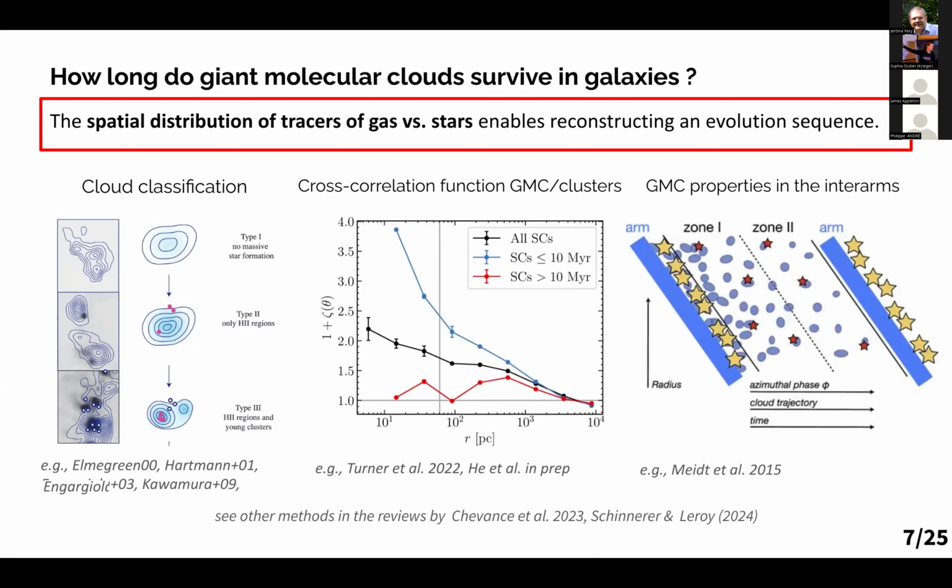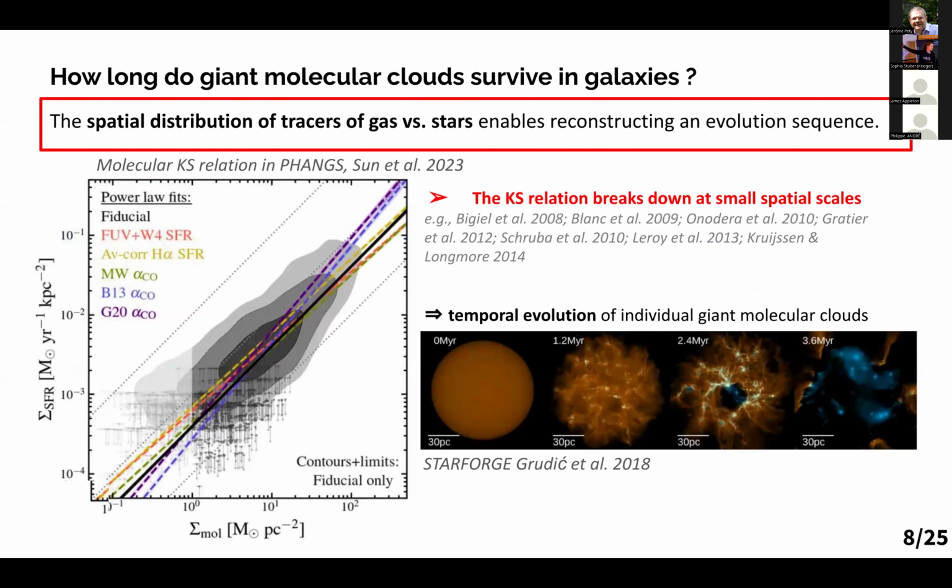And in another method, I've also used the dynamics of galaxies. If you know precisely the gas flow in between spiral arms, you can track molecular clouds that are formed in the spiral arms and survive in the inter-arm region, and derive some timescale based on this survival of clouds. But I'm going to present a third method that is slightly different, which is, again, coming back to this Kennicutt-Schmidt relation, but using a very interesting property, which is that this relation breaks down.